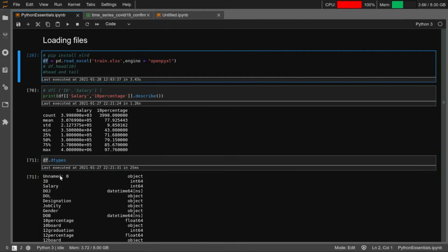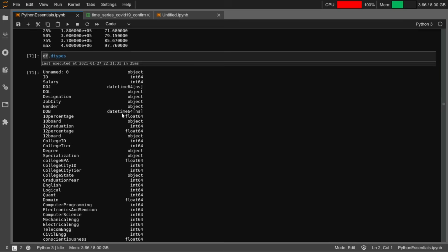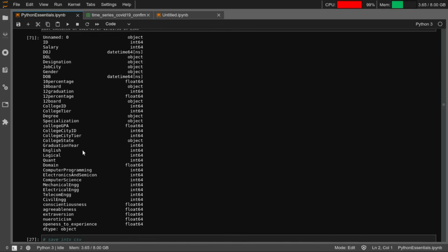And the dtypes will list the type of each column that is there. So there are these many columns in the data frame, and for each there is a type. Some are floats, some are integers, some are objects, some are datetime, right? Now remember this datetime, we'll circle back to it in a while.